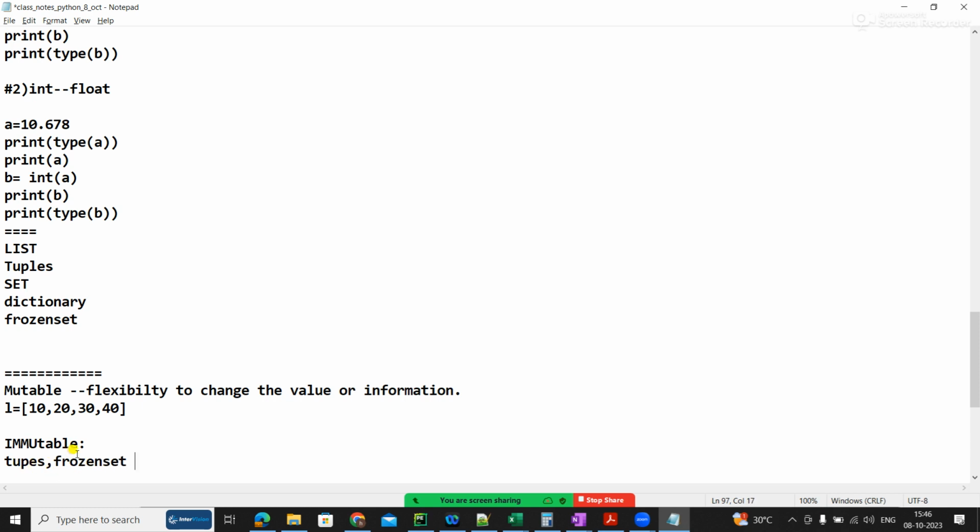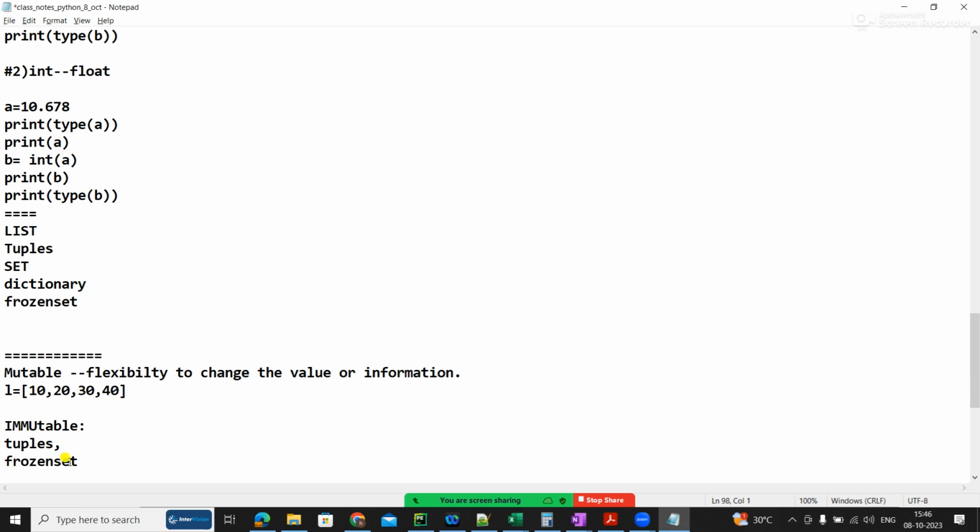In a simple way, immutable means you can't change. Maybe you can't delete some data, you can't add or remove the data. Maybe you can add, there is one way, but mostly you can't update or delete this data. So a simple way to say it: tuples can be very easy to understand, a read only version of list. Okay, that means there are two things.